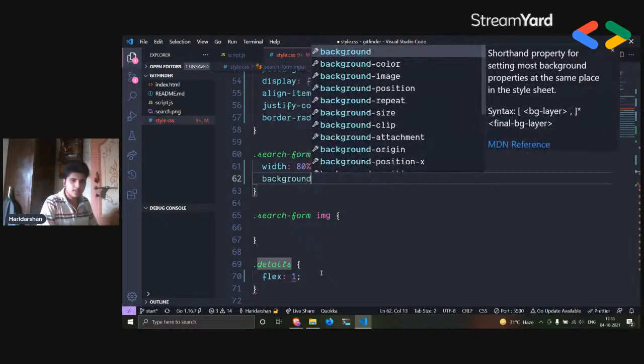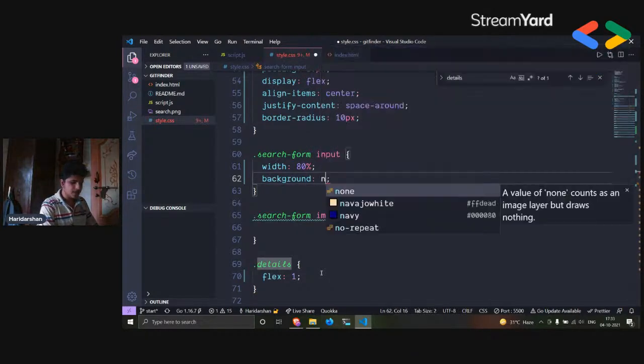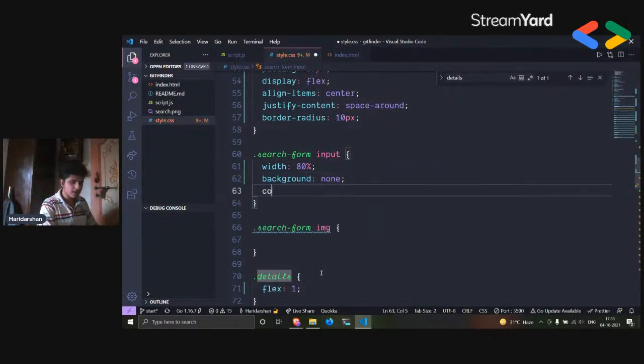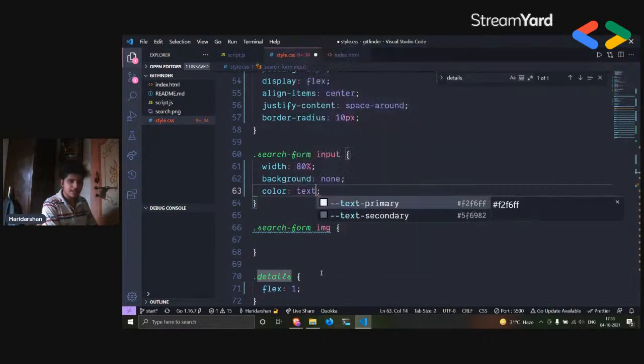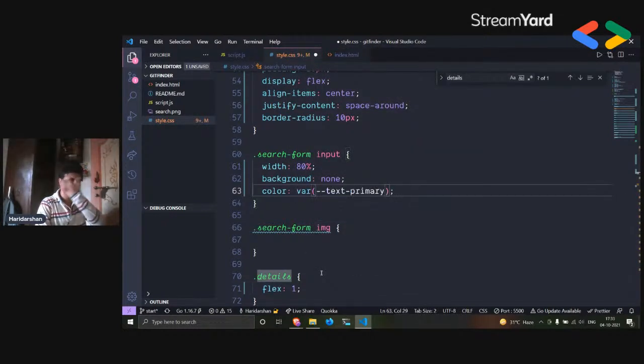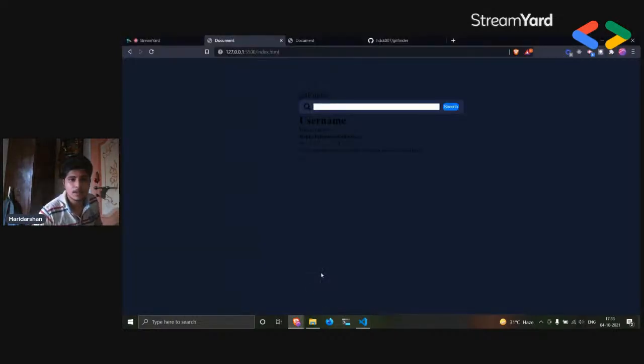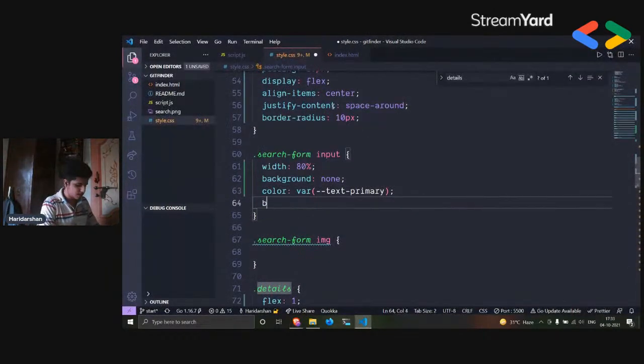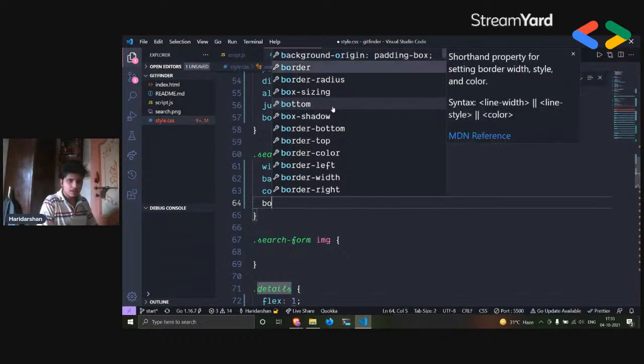So we can just remove the background, which is white currently. So I can say background is going to be none. The color is going to be like text primary, so that whenever I search, it is clear to me. Okay, so I didn't save it, so I save it, and you see that okay, it looks a bit better, but we still have that border and outline. So I'll just say that the border should be none,